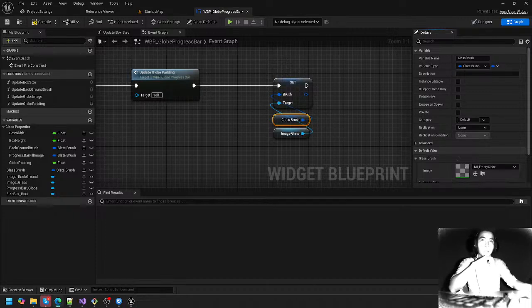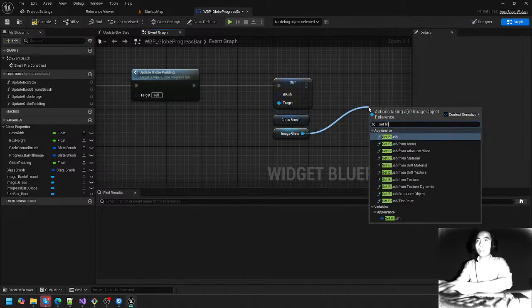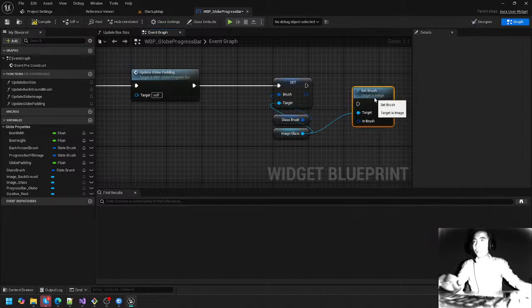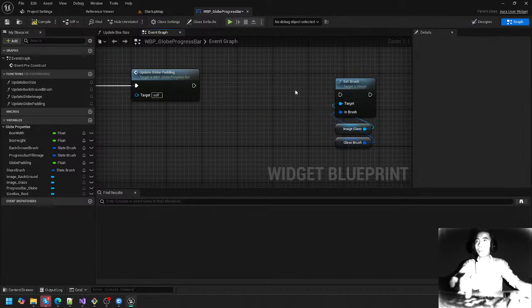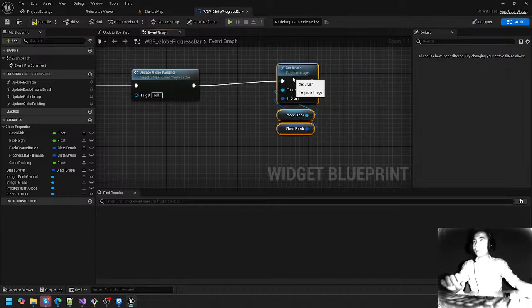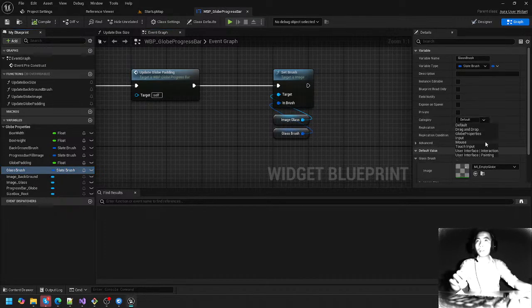I'm going to choose that, and I'm going to drag in glass brush, get it, and set our brush. And I'm also going to set this glass brush category to globe properties, so it's in there with my variables. I'm going to compile, go back to designer, and there's the glass brush, and I can